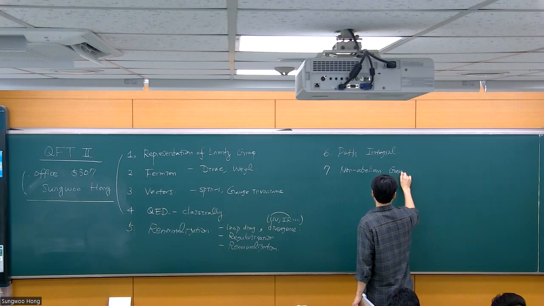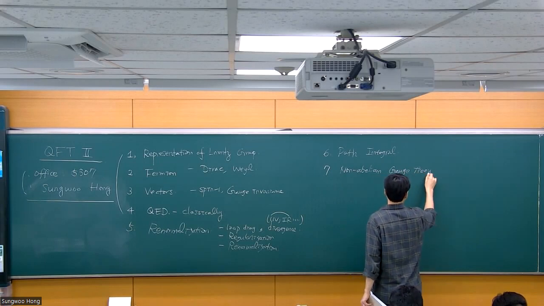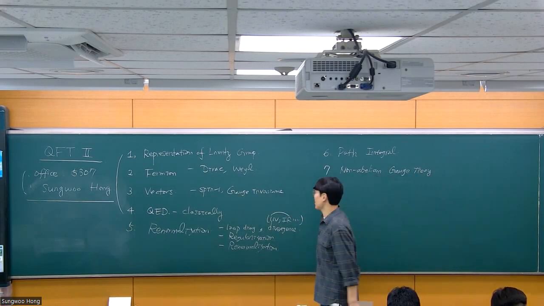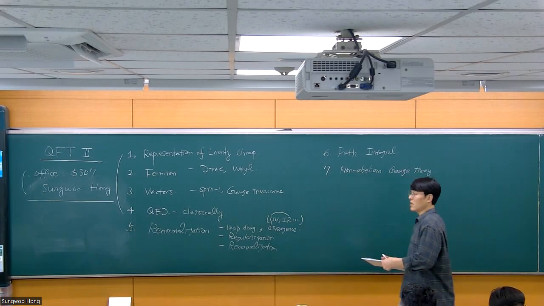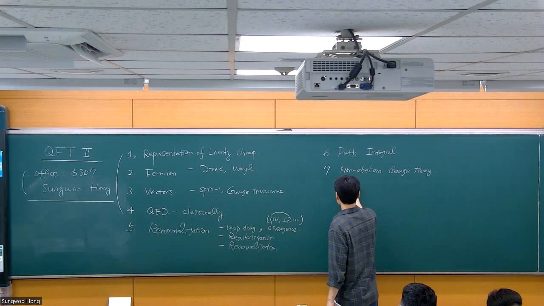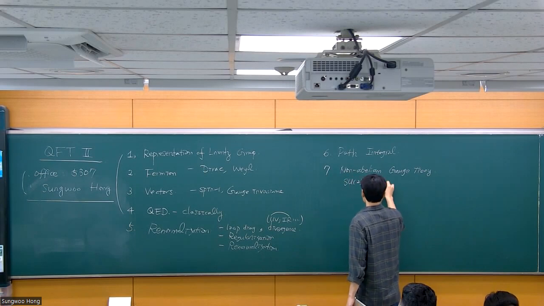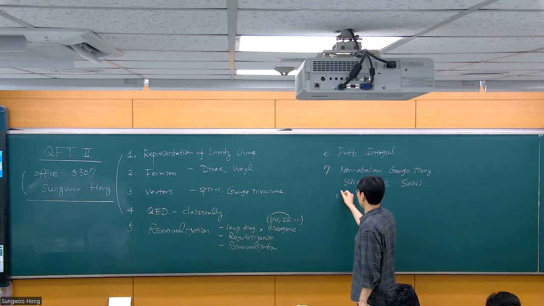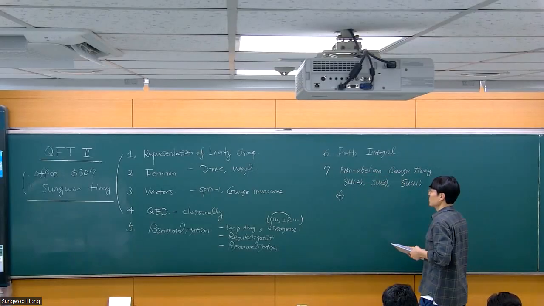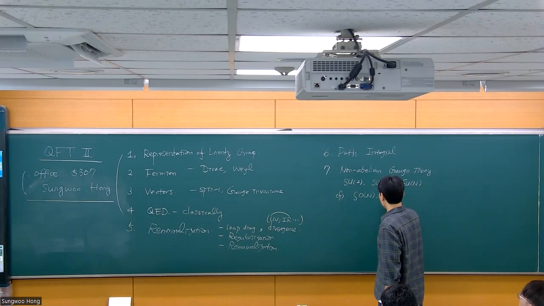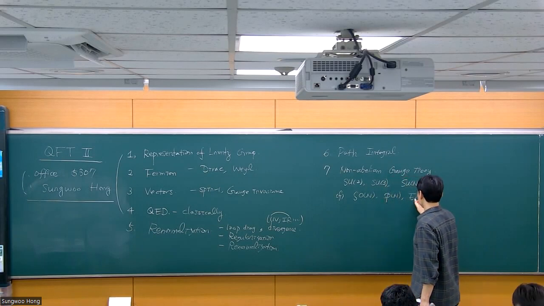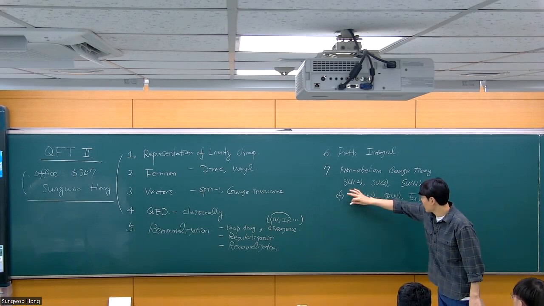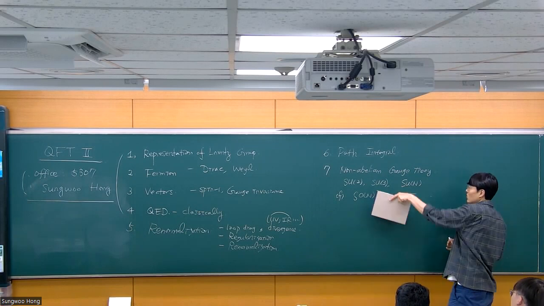non-abelian gauge theory. So instead of a single photon field here, we will have a bunch of them, but combined in a consistent way. They're known as non-abelian gauge theories, and the standard model is based on that. The key examples are SU(2) gauge theory and SU(3) gauge theory. In principle, one can talk about SU(N) gauge theory, and one can also talk about more general groups, for instance SO(N), Sp(N), E6, and so on and so forth. There are a lot of other groups developed in our field, but I will focus mostly on SU(N).